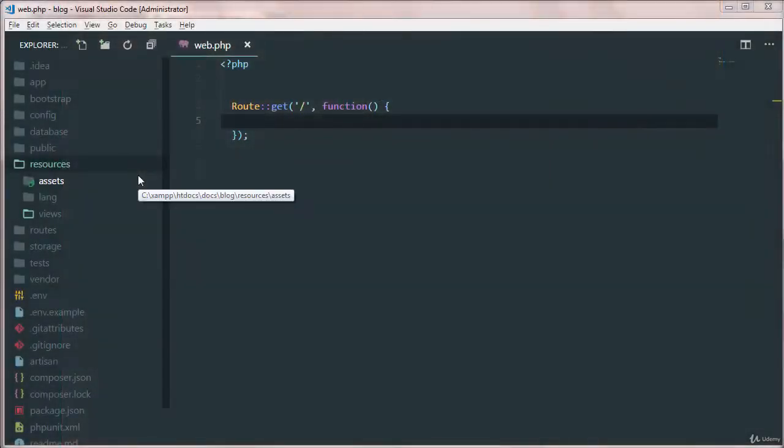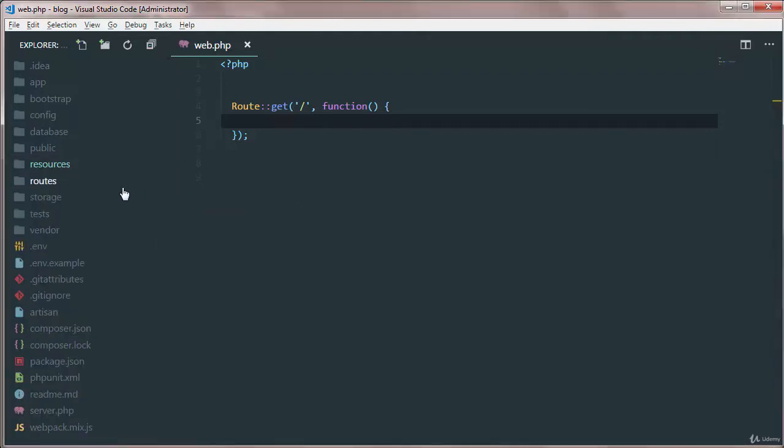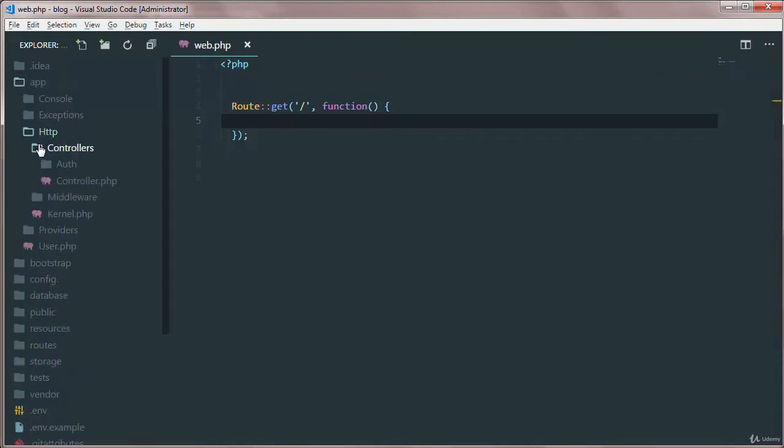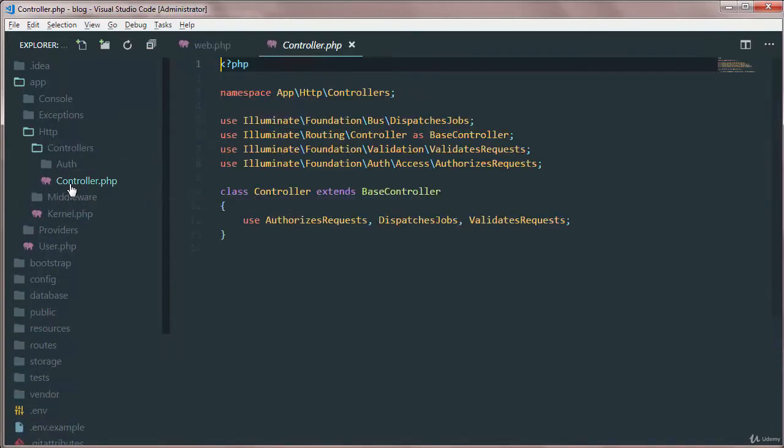Okay, let's have a look at how we can use validation functionality in Laravel. Basically, Laravel provides a good way to validate our forms. If I go to my web.php, this is basically for routing. If you go to app, then HTTP controllers, we have the main controller that will basically extend the base controller, and it has validated